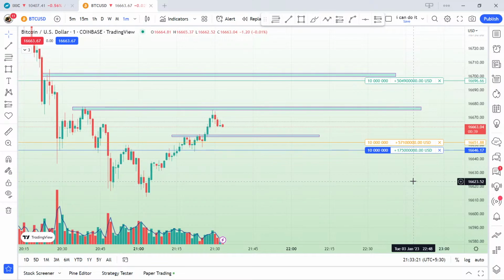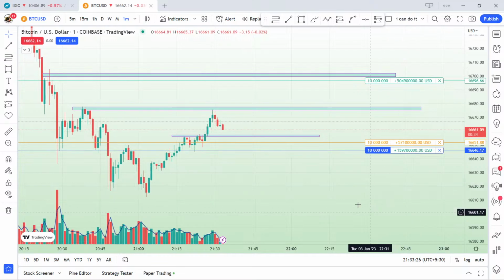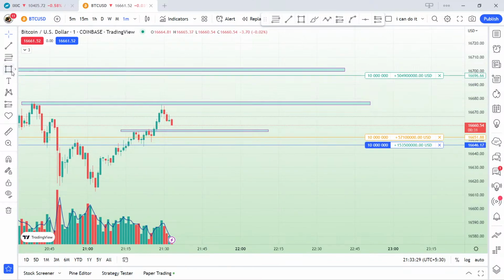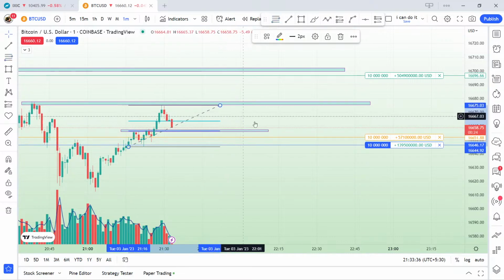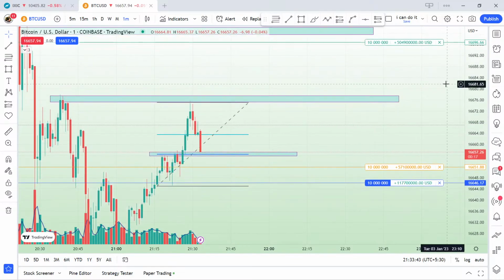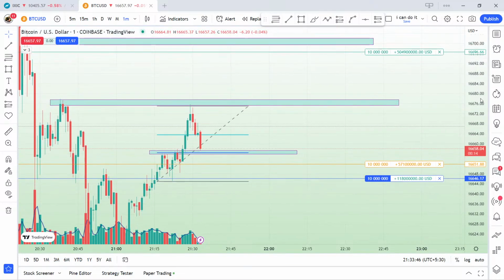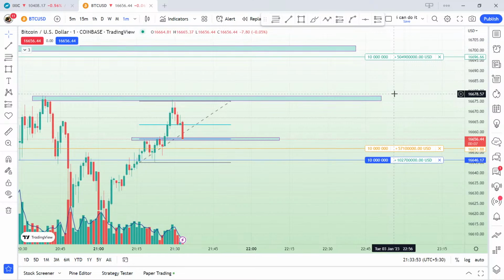Selling pressure is there, but I call this a retracement as of now. I'll take my Fibonacci levels from this area. Now I'm going to change, because this low is going to be an important one. Exactly at the support area, there is even a Fibonacci golden zone. So keep this in mind: there is a support and a golden zone together. Let's see whether the support and the golden zone are taken into consideration here, and whether the market bounces from this area. If it does not bounce, then the stop loss is sure to be taken out,